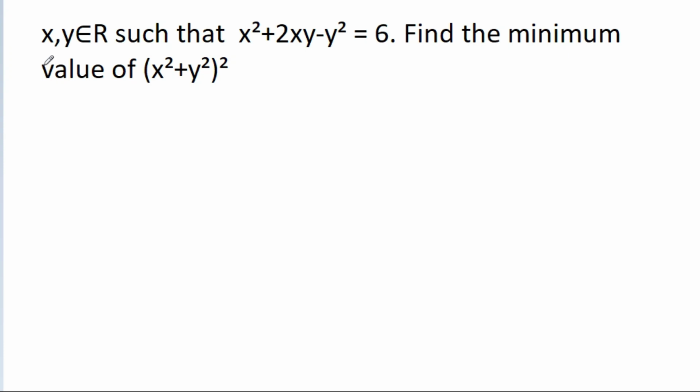In this video, we are given that x, y belong to R such that x squared plus 2xy minus y squared is equal to 6. Then we have to find the minimum value of (x squared plus y squared) whole squared. So in the xy plane,